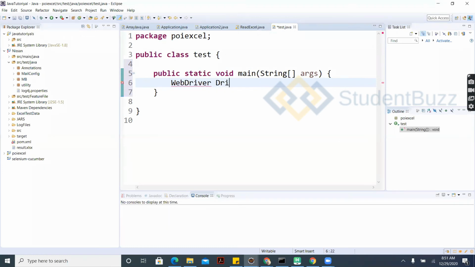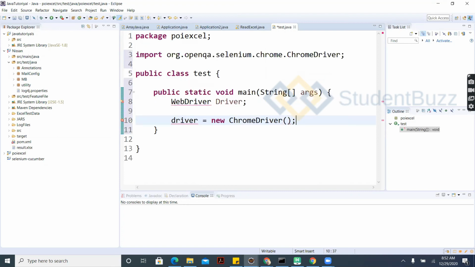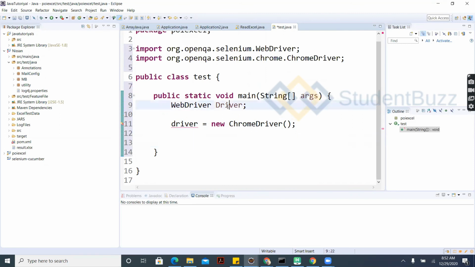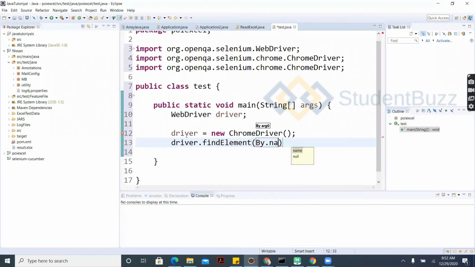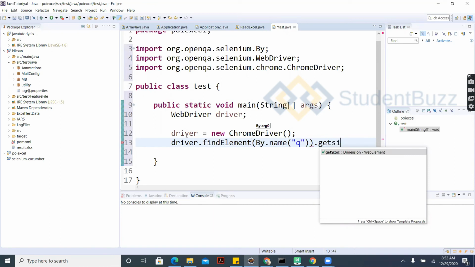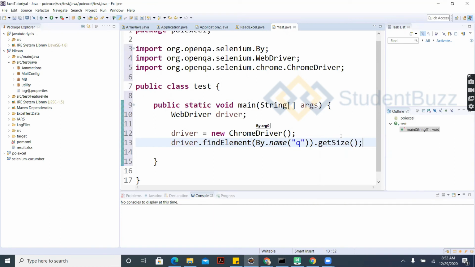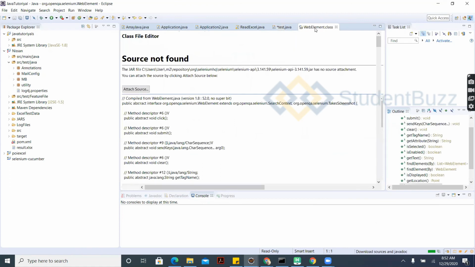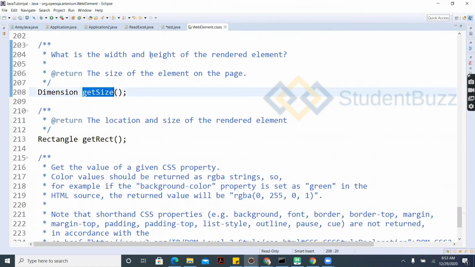Driver. getSize. What is this, width and height?